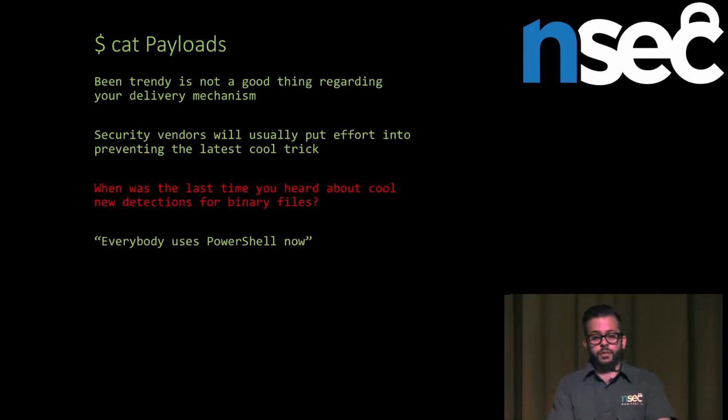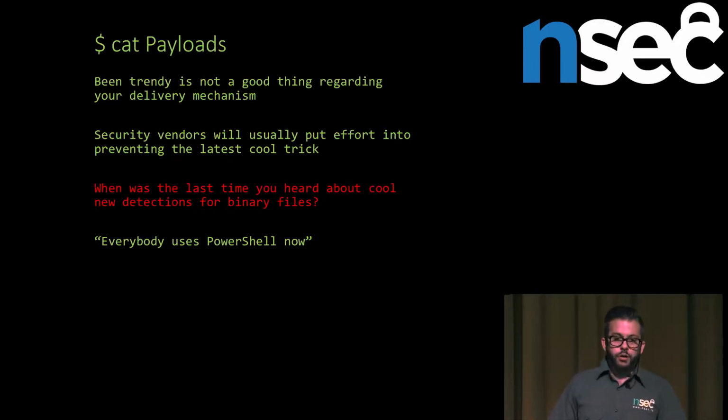Being trendy is not necessarily a good thing. For you guys that do red team, you're probably mostly using PowerShell scripts nowadays because it's the new cool thing. But if you remember a couple of years ago when we used to use Metasploit and all the Metasploit modules that were mostly executables and DLLs, we were still achieving the same thing, it's just a different way. But vendors also followed the trend, right? So right now, most of the detection is based on PowerShell.